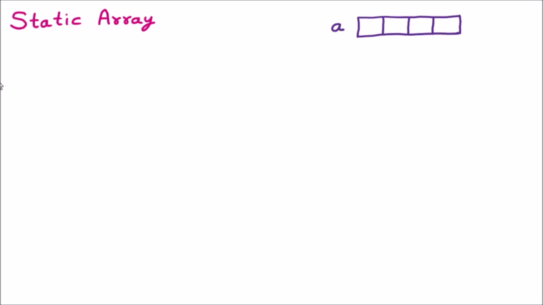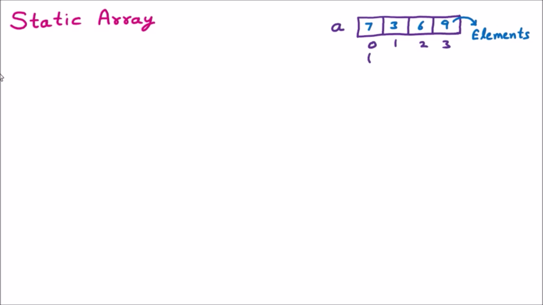Now we know that arrays work with index values. So 0, 1, 2 and 3. That means here 4 elements can come. If I provide the values here, let's say 7, 3, 6 and 9, these are the values. So we can say that the array is containing 4 values, or we can say that these are all the elements. And all these elements 7, 3, 6, 9 can be accessed with their index values.